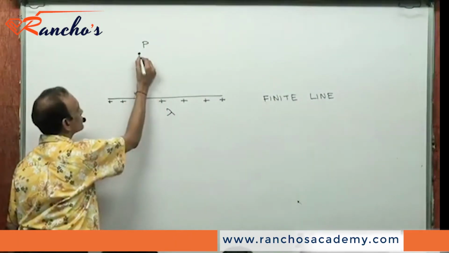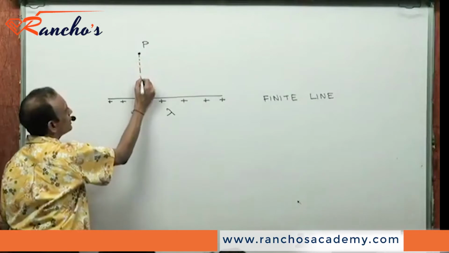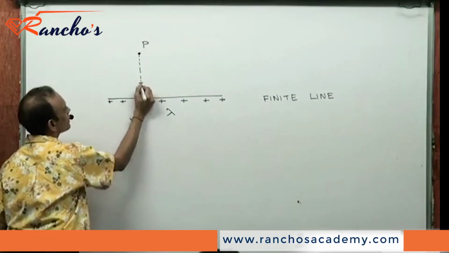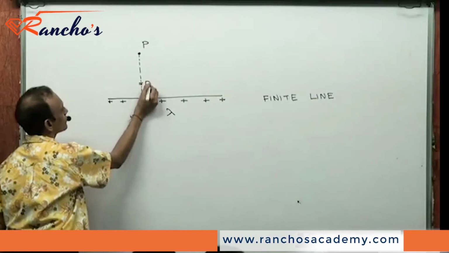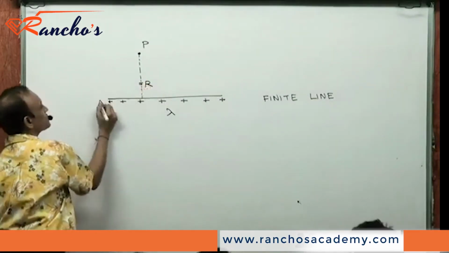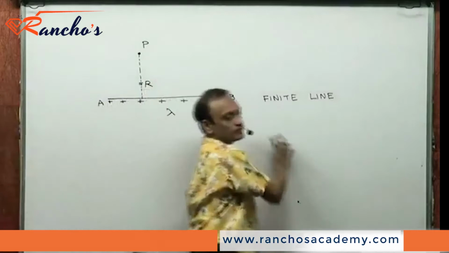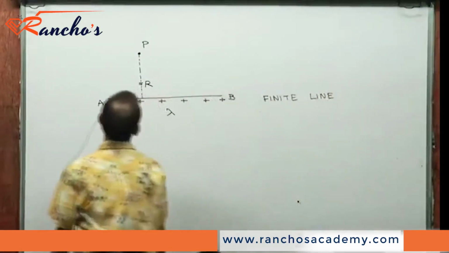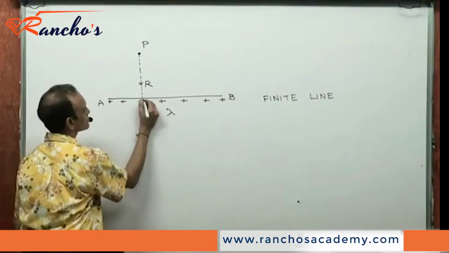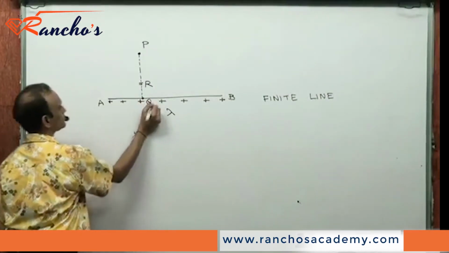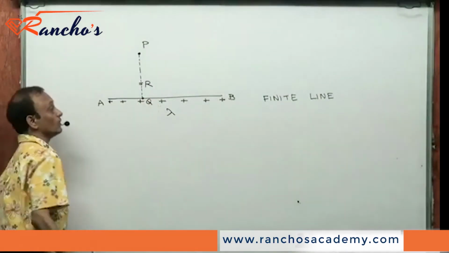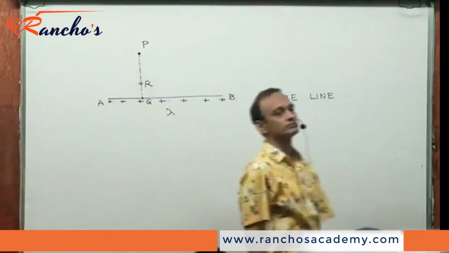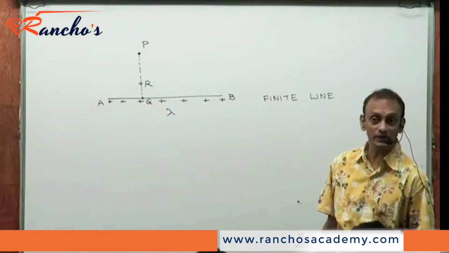The perpendicular distance of P from this line of charge is, say, R. These are the ends of the wire, the line of charge. Now if I have to find the electric field at P,